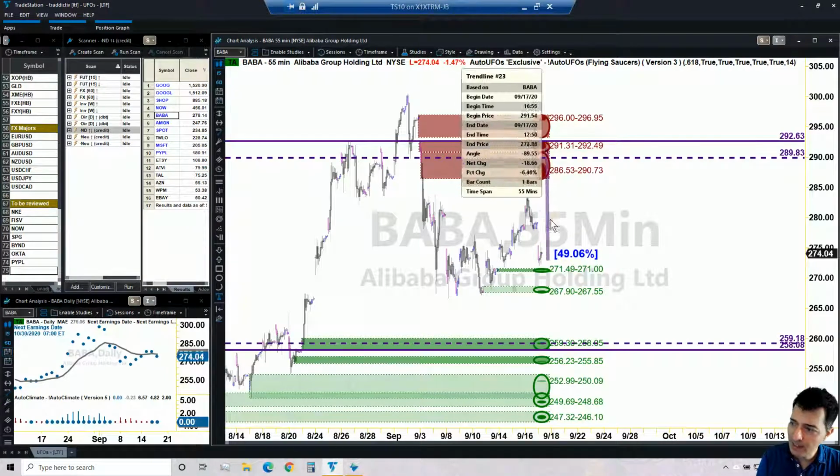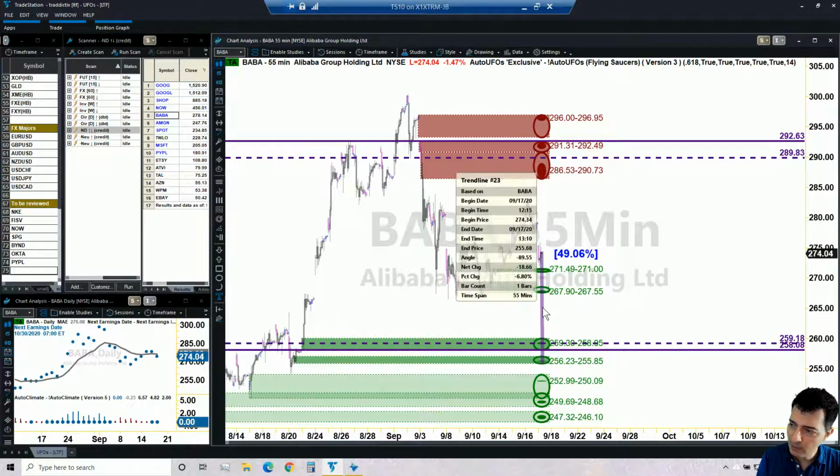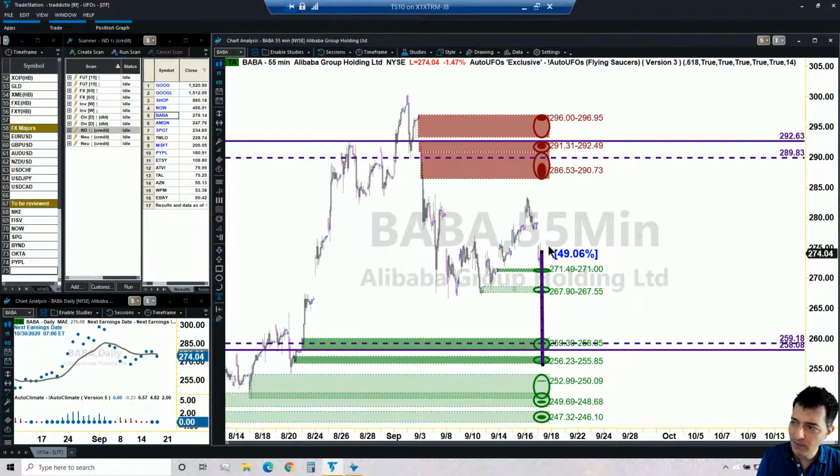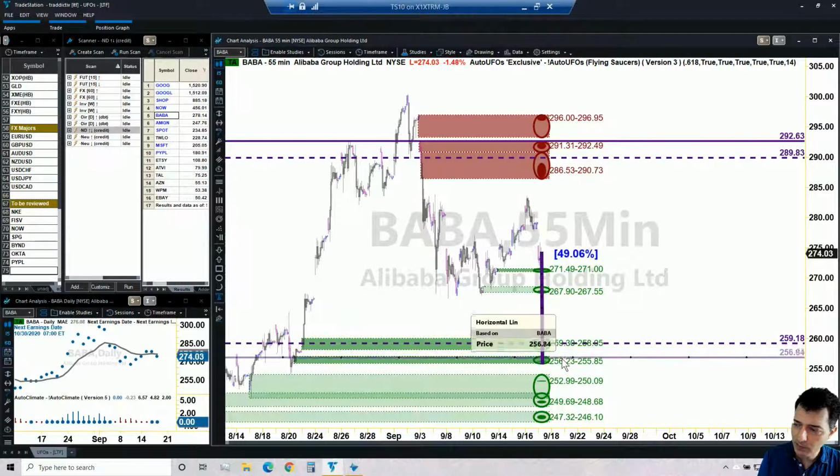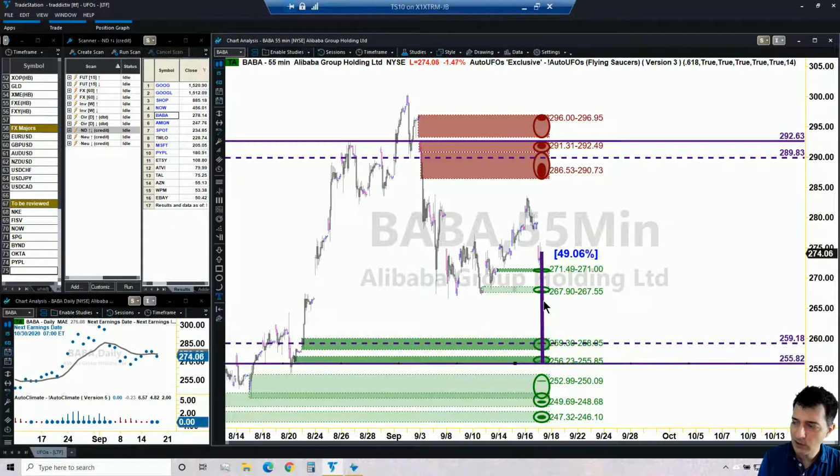Okay, so if I move it down, okay, and I project the same range below, well, notice that really if I want to be equal distance from the upper line to the bottom line, the very, very precise way to do it would be to rely on the next UFO, which is just a bit lower, because now the range set between the proper lines is putting the current price of that stock exactly, or almost exactly, in the middle point. Okay, and that's great because you are maximizing the amount of time before being proven wrong, and the more time you spend in the trade, the more time decay you would collect.